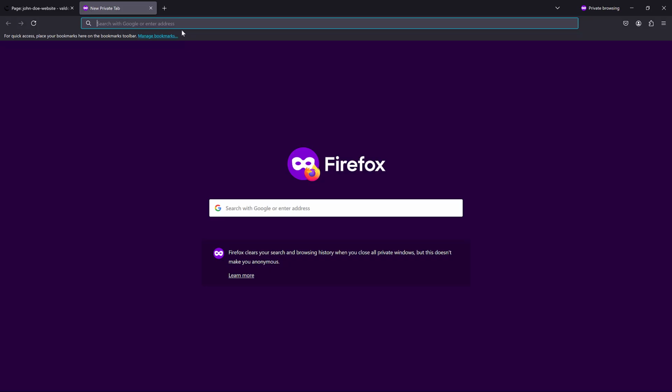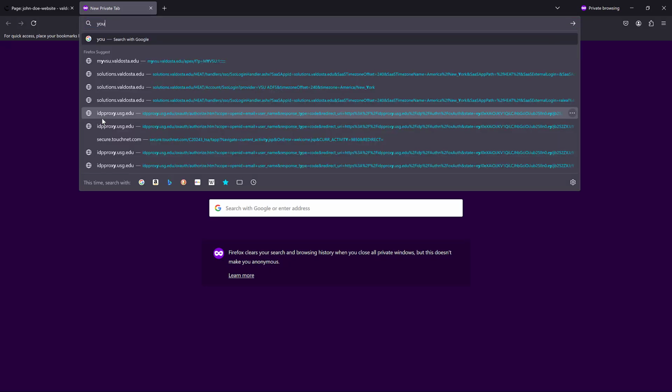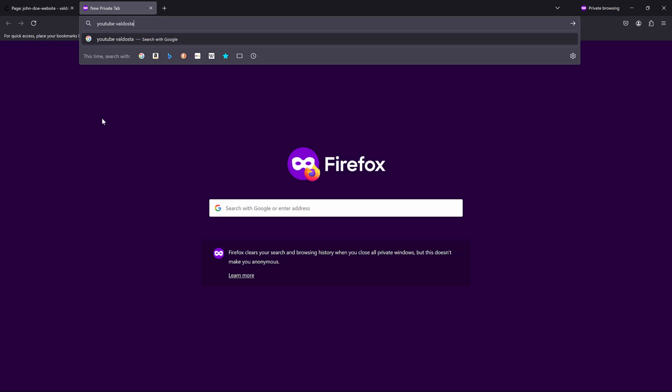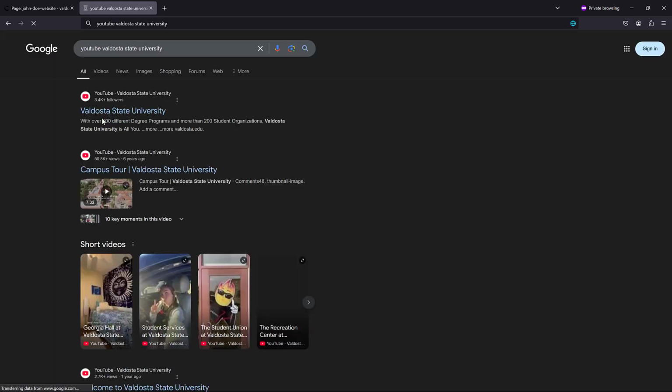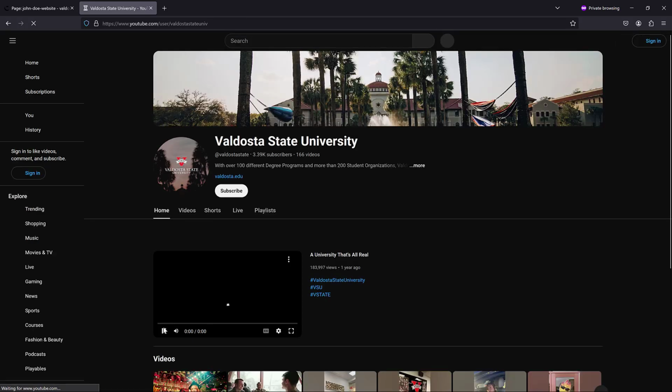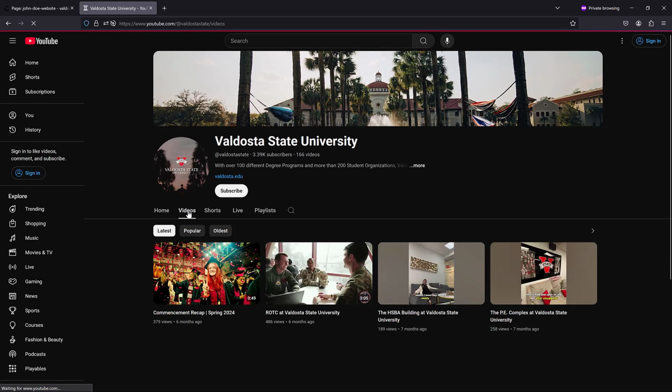So open up a new tab. And on the new tab, go ahead and type in YouTube Valdosta State University. So that way we can search for the Valdosta State University YouTube page. On the search results, go ahead and click on the very first thing that you see, which should be Valdosta State University YouTube page. Once your page loads, go ahead and click on the Videos tab,